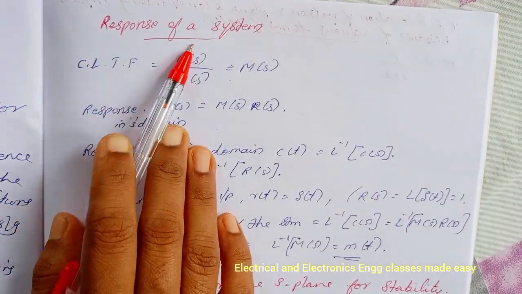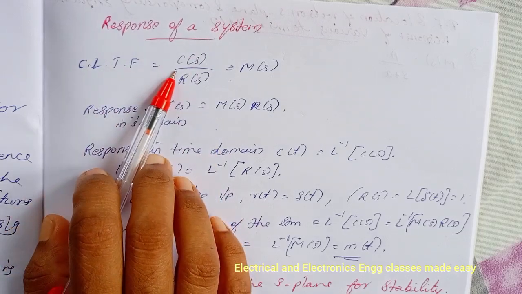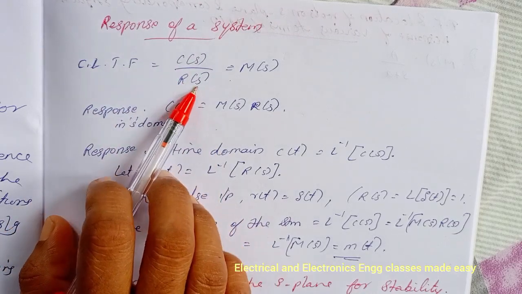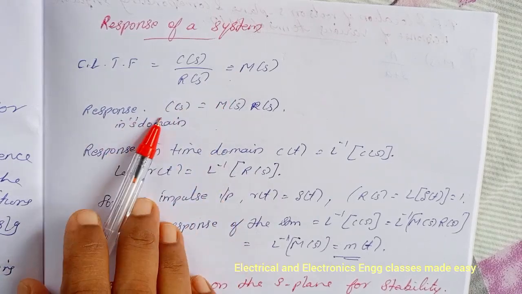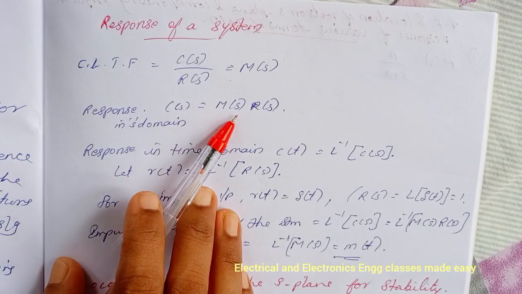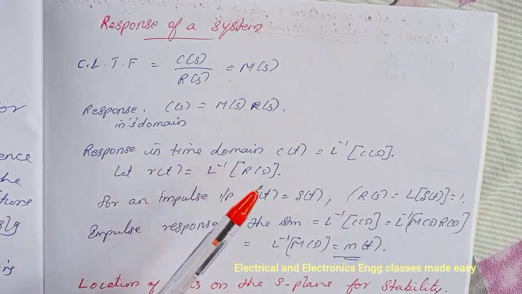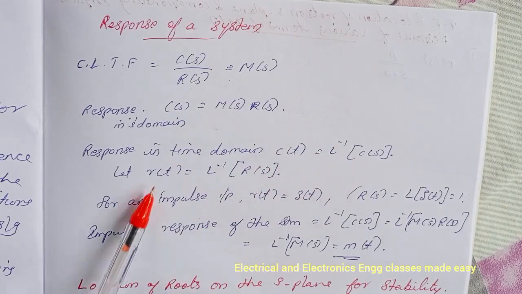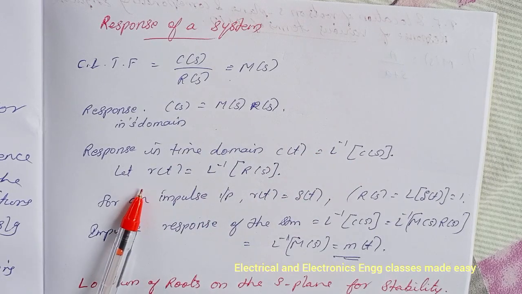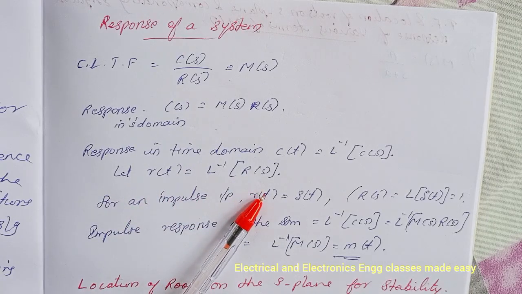Next is response of a system. Let the closed loop transfer function C(s)/R(s) be equal to M(s). Then the response in the s domain is C(s) = M(s) R(s). The response in the time domain is c(t) equal to the Laplace inverse of C(s). And let r(t) be the Laplace inverse of R(s). Then